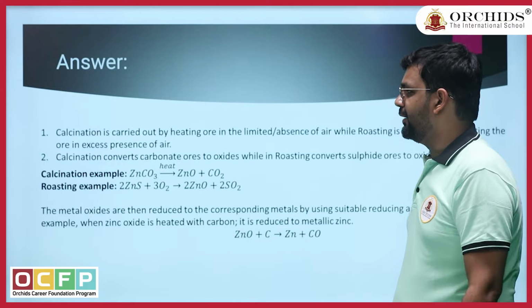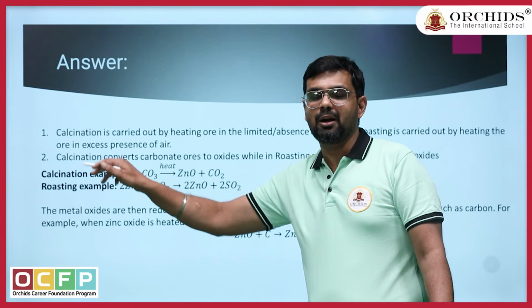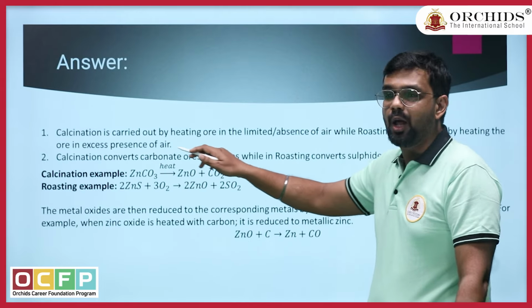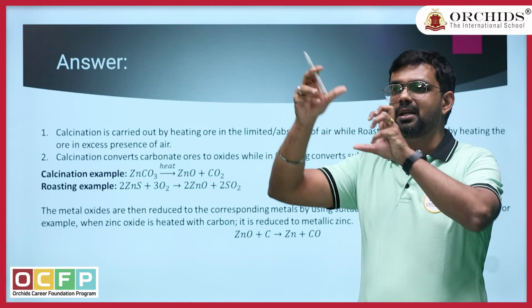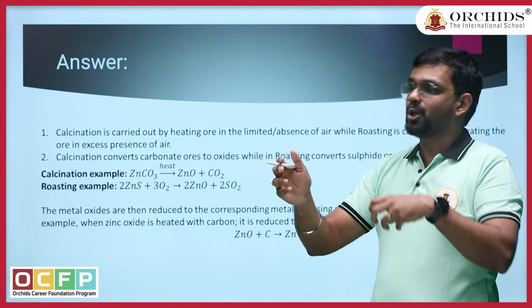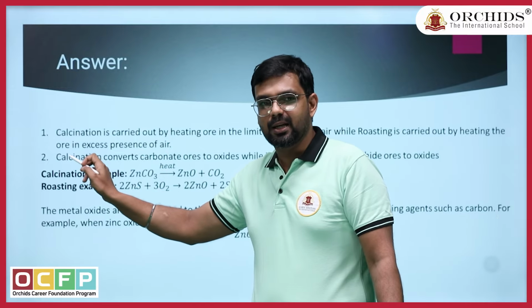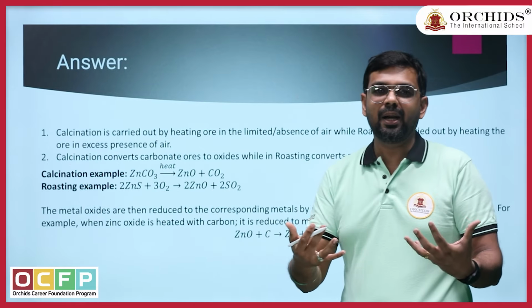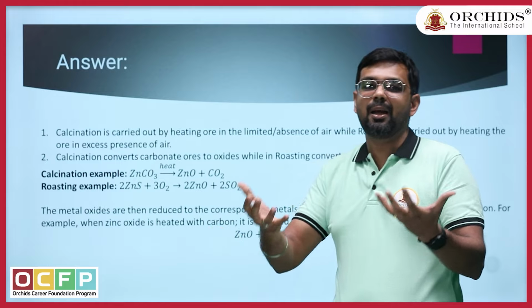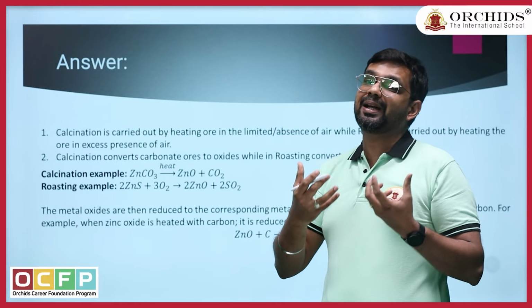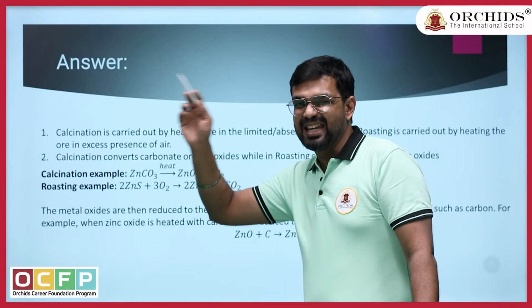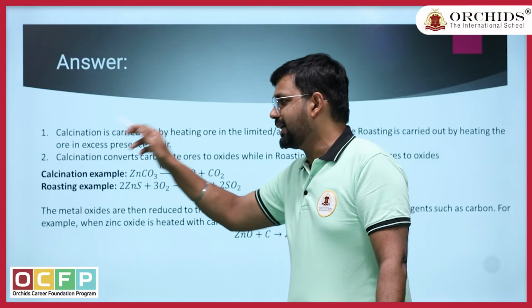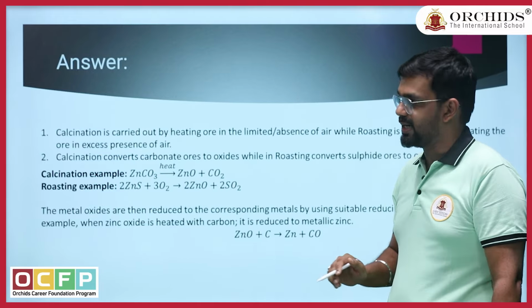What is the second main difference? Calcination is used to convert which compound to which compound? Okay, calcination. So how do you remember, sir? How can I remember which compound conversion calcination is for? So C, calcination starts with C, right? So you can remember that it is used to convert metal carbonates to metal oxides. So that is what calcination does. C for calcination converts carbonate ores to oxides.